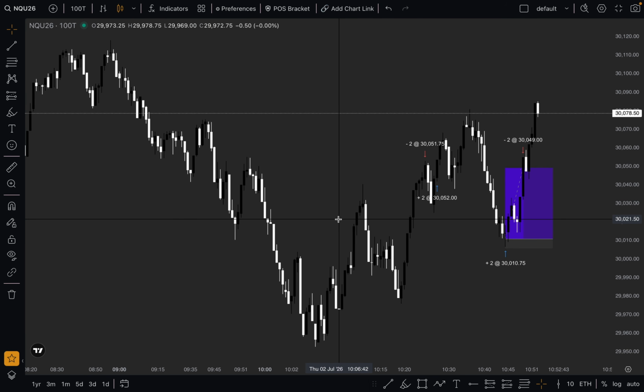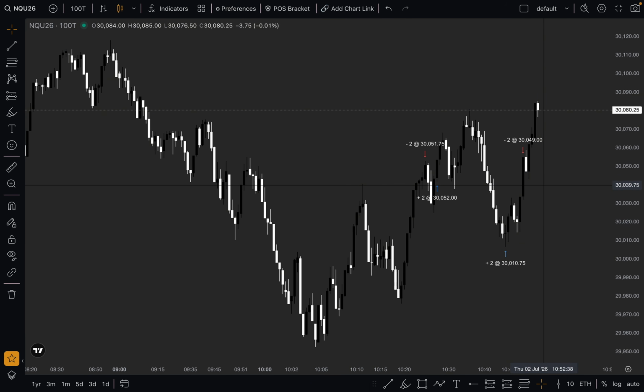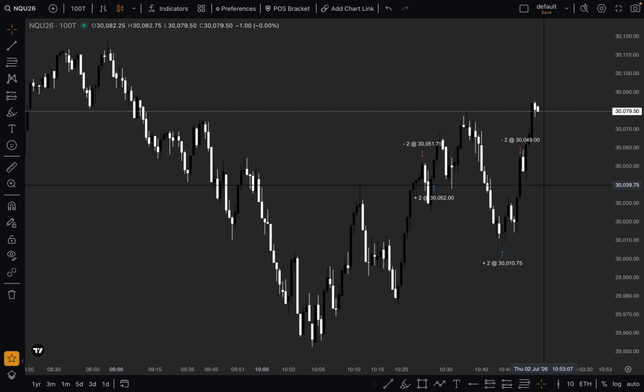Okay, so I'm gonna break down today's price action on Nasdaq. Price was pretty clean. It respected a lot of points of interest, and it reacted well. Probably all the times that it tapped into any point of interest. It's just about understanding where price wanted to go overall, what the bias was.